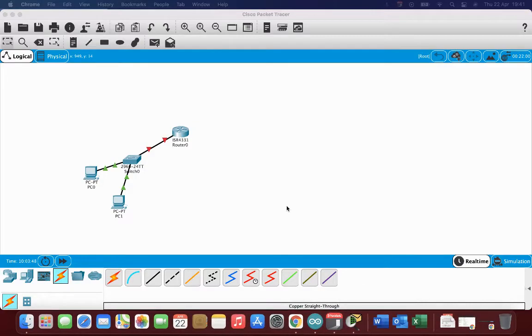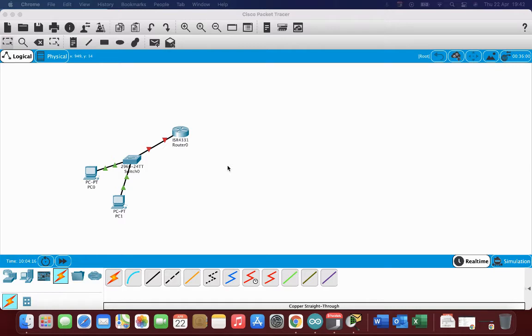Okay, so in this video, we're going to go through what we've learnt today content-wise, but let's look at it in a practical sense. So all I'm going to be worrying about in this practical activity is IP version 6. So I'm not worried about anything to do with IP version 4 with this small network. Okay, so we're going to use the router to dynamically allocate IP version 6 addresses based on the MAC addresses